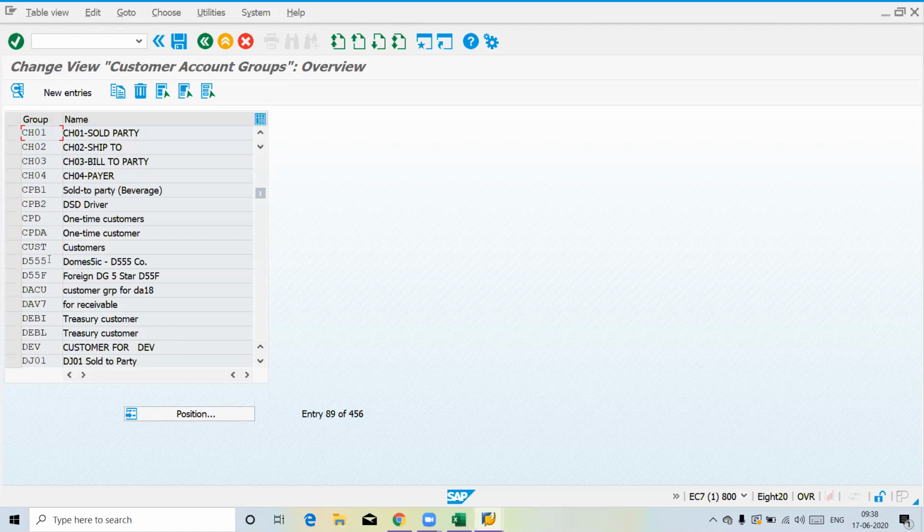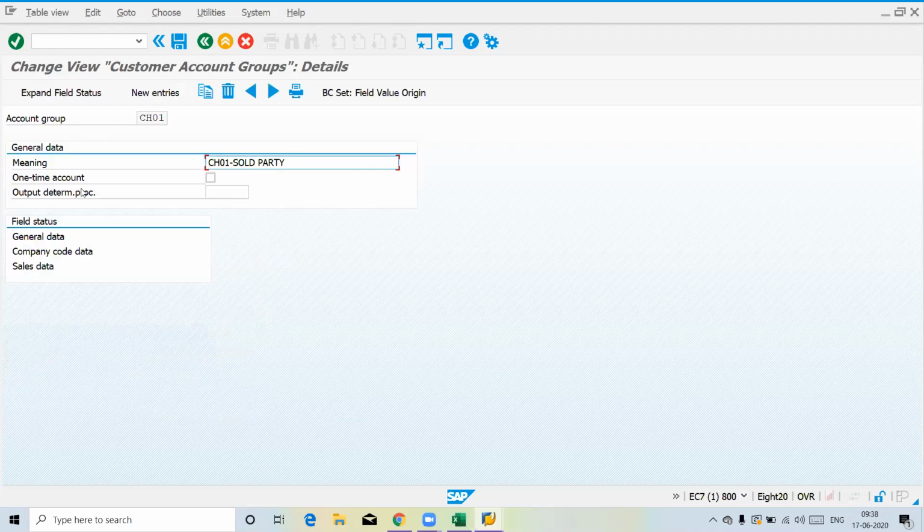Generally, SAP has provided certain universal rules for your sold-to and ship-to, and it has customized the tabs. But when you copy the sold-to, we will change it according to our customer requirements. You got it?